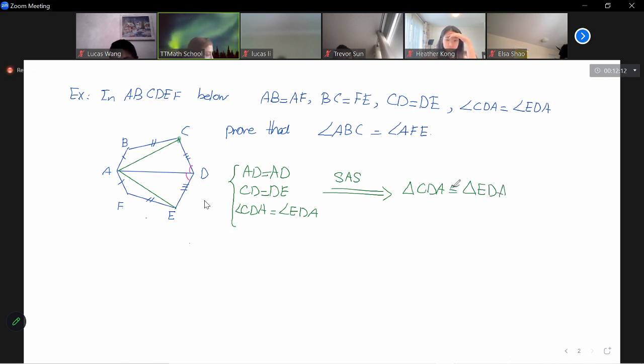This means, if this is the sign of congruency, by the way, I didn't mention it, these two are congruent, and if the two triangles are congruent, then every corresponding angle is equal. In particular, the angle ABC